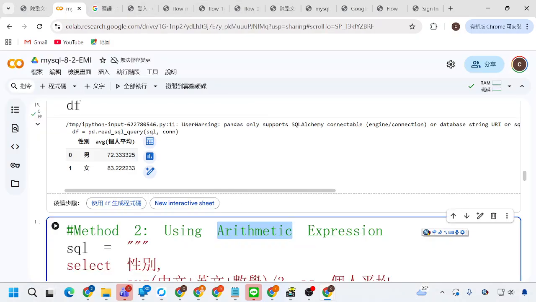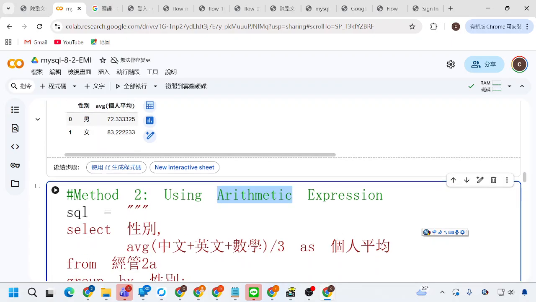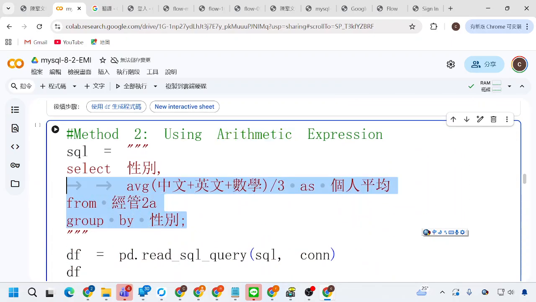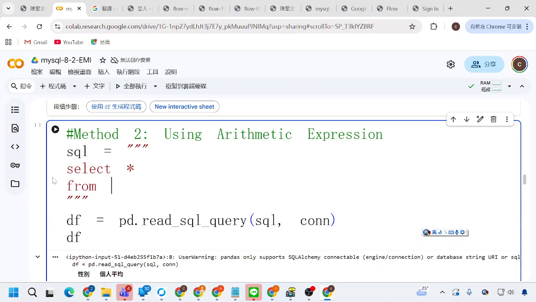And the second method is using the arithmetic expression. So for the arithmetic expression, I use select star from 经管 2A